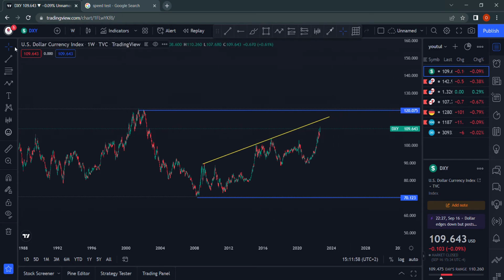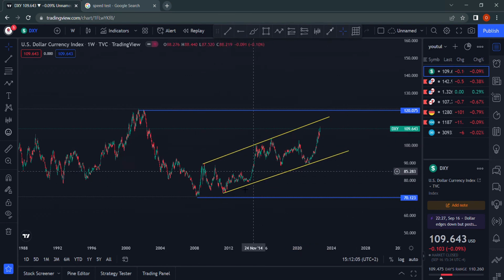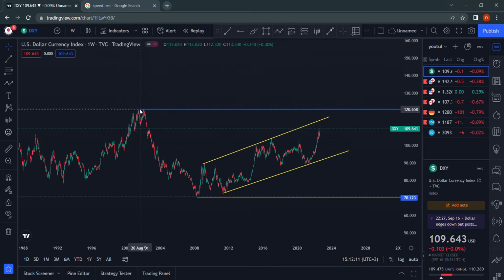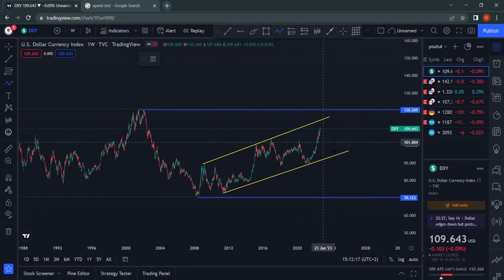Okay, so now here when we look at the bottom of the structure, obviously again we're going to do the same thing. So this is what we have. So now we have that 1, 2 impulse correction continuation type of formation, of which our area of interest is all the way up here. So we'll be waiting for price to push all the way to the upside. Okay, so obviously what we can see from this structure is that we want to see price get to these areas before it goes down, or not, it gets to break these tops before it goes down,